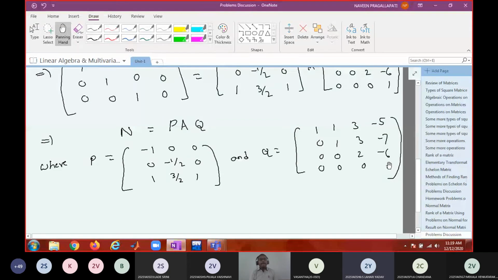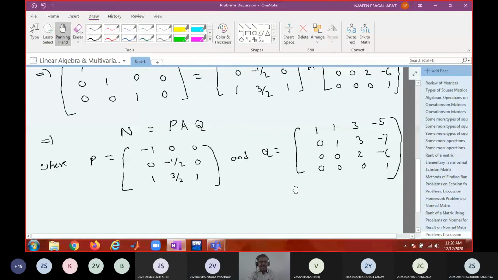By finding the determinant, but without finding the determinant, can you tell? Just by looking at these matrices, can you tell whether these matrices are singular or not? How? How do you ensure that they are non-singular? Upper triangular, lower triangular matrices.